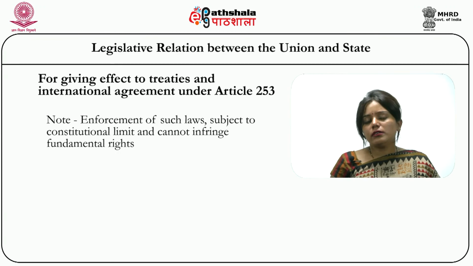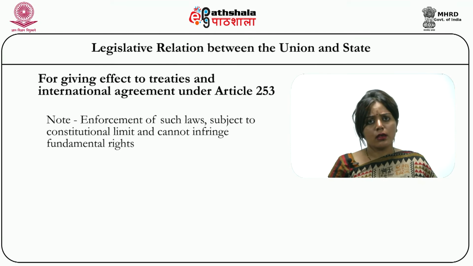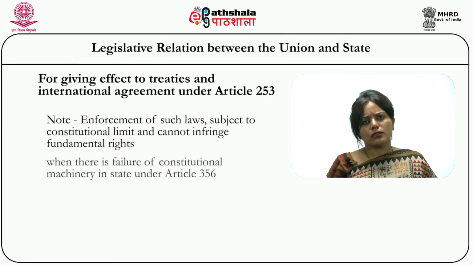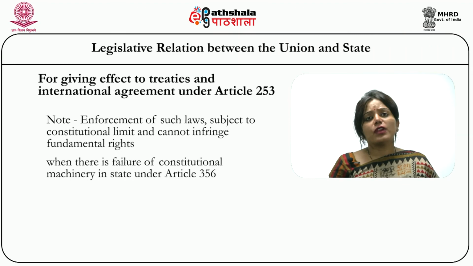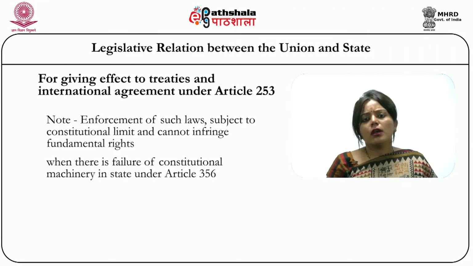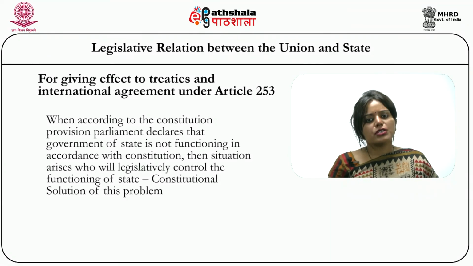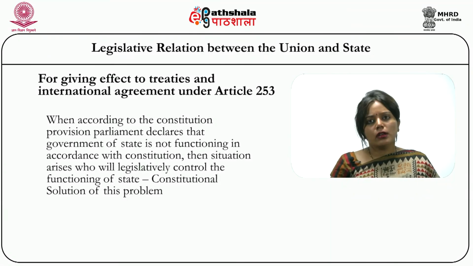The last situation where Parliament can legislate for the state, very famous and known to every citizen of India, is when there is a failure of constitutional machinery in the state, given under Article 356, when Parliament declares that the government of the state is not functioning in accordance with the